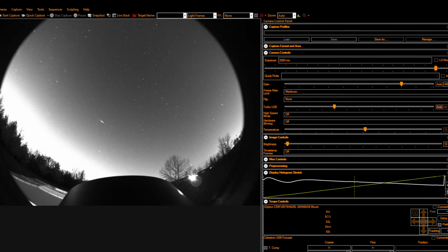Simon, we should have been close to focus. Simon's saying that we needed to be close. Well, typically we are fairly close, but maybe since the temperature is at such a wide variation, maybe we were off. So let's go back here to